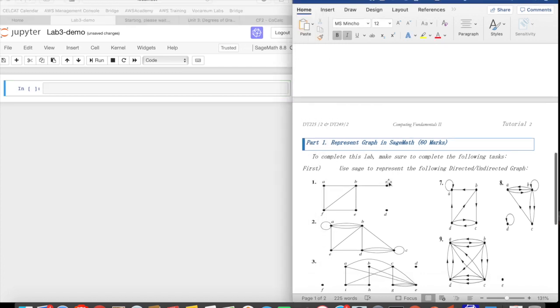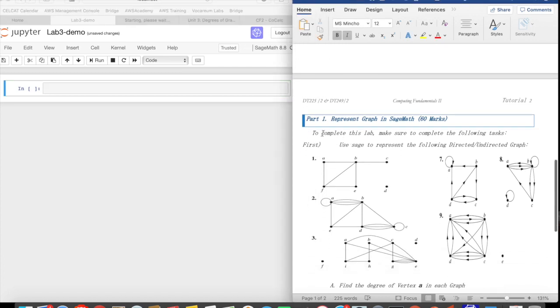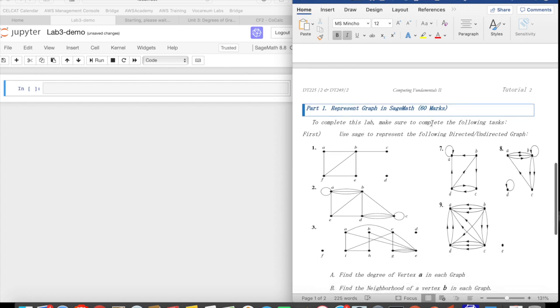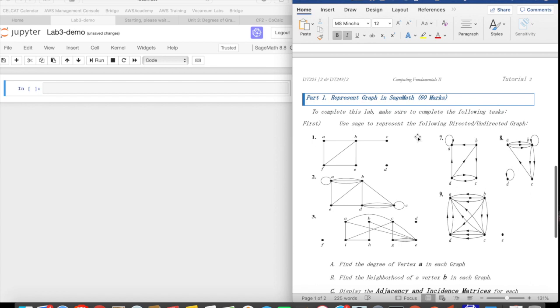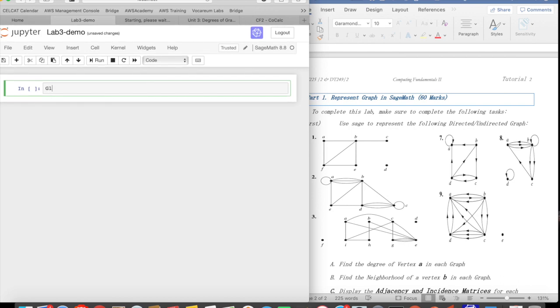Now go back to the lab sheet. In the lab sheet, it wants us to create a graph, and it says to complete this lab, make sure you complete the following tasks. We have a set of directed and undirected simple graphs and multigraphs as well. So we want to represent them. Now let me show you how you can represent the first graph, and let me call this G1, and G1 is a graph